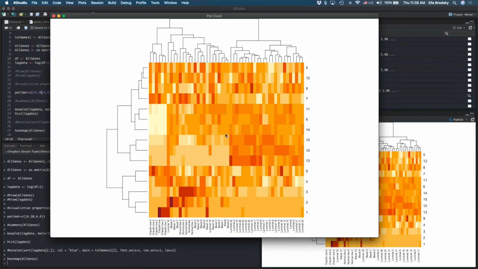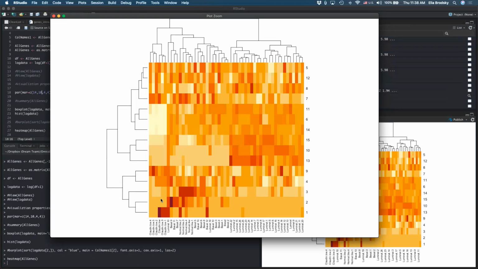Okay, any questions about this? Does anyone have any questions? All right, if there are no questions, all of this information is summarized in Transcriptomics 2.